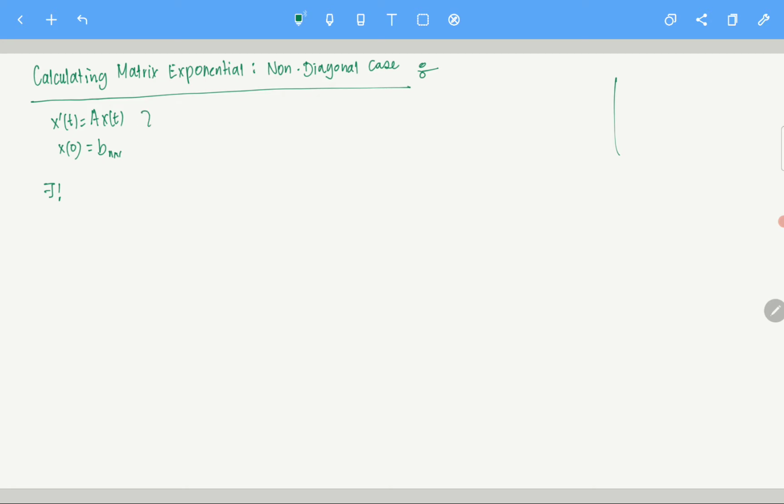Unique solution to (1), given by exponential At times the vector b. Clear? Now the question is, if we can calculate how exponential At is, we are done, right? So we can get the solution. Now we have seen that if A is diagonalizable,